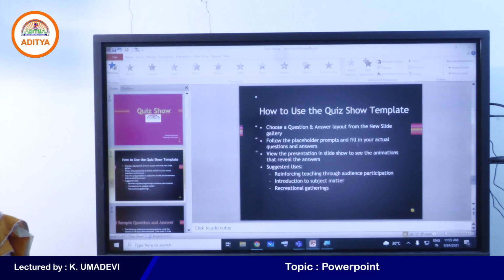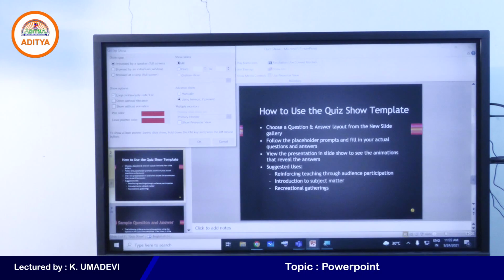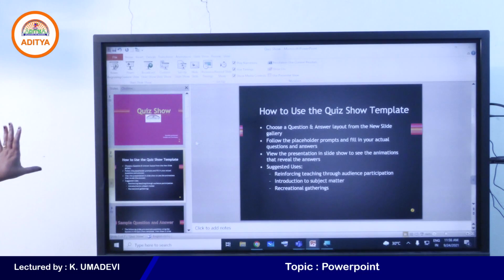No. See, if you select Loop continuously until Esc, then the slideshow presentation will repeat. When you remove that option, go to Slideshow, Set Up Slideshow, and I'll uncheck that option, Loop continuously until Esc, and click on OK.